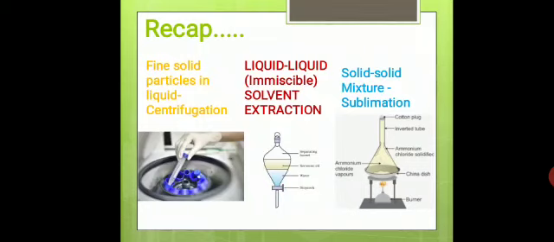And next we saw was solvent extraction. So solvent extraction is used to separate liquid immiscible mixtures. So I guess everyone will remember this apparatus because we had this as an assignment last week. So everyone did very nicely. So what is the name of this apparatus? Separating funnel. So based on the different solubilities of the solvent, we use this solvent extraction technique.